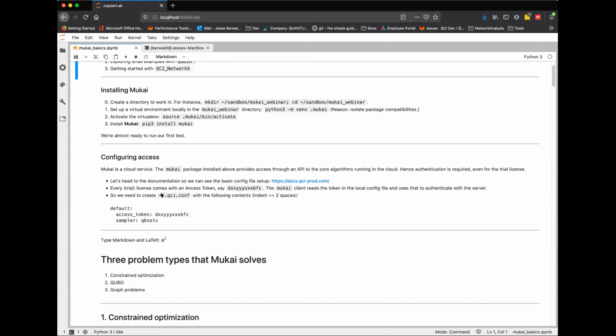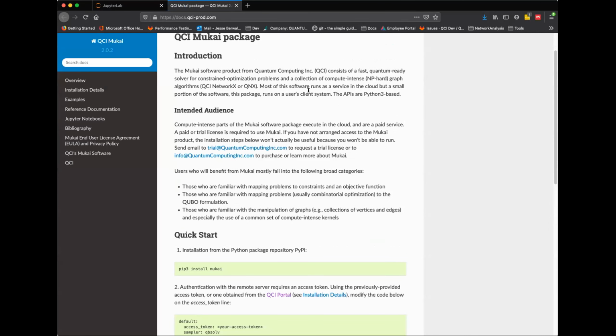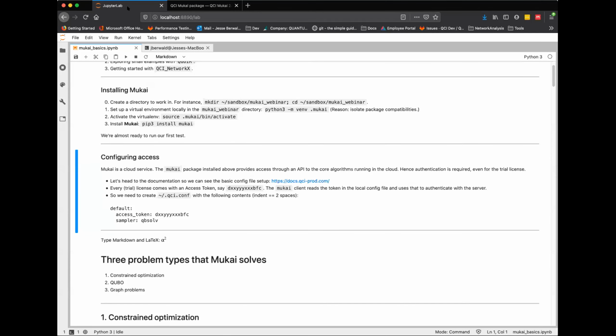I have mine in my home directory, .qci.conf. Let me paste this up here. This is all written down in the documentation too, so you can see this. When you start a trial license or a regular license, we send you an access token, and it looks something like this. It's actually much longer.